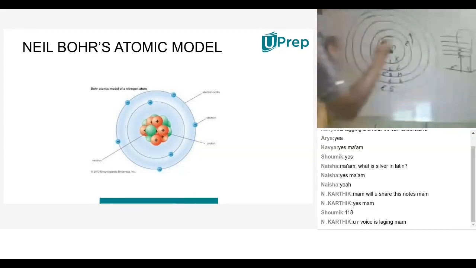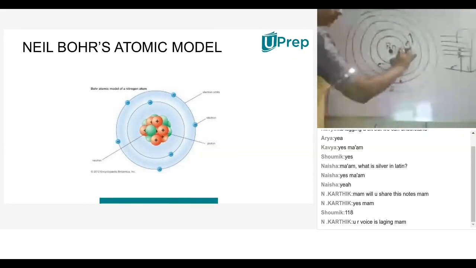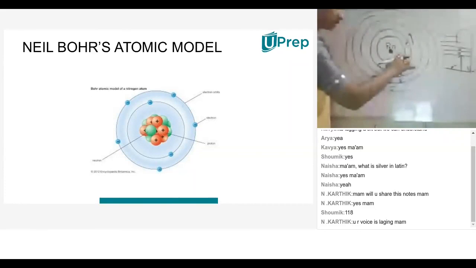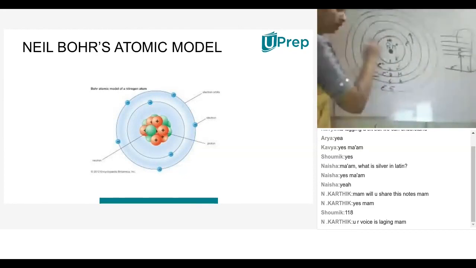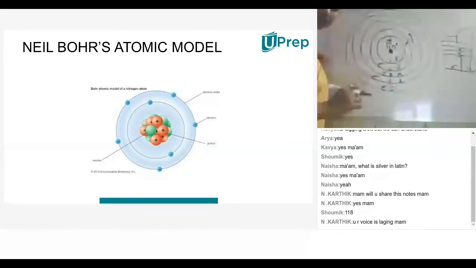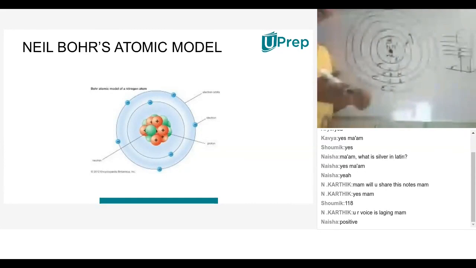So, the electron with negative charge will revolve around the nucleus in particular shells. Okay, what is the charge of a proton? Positive charge. Neutron? Zero, neutral. Electron is negative. So what is the charge of the nucleus then? Positive. Very good, positive, because the neutron is neutral, with no charge. So the charge of the nucleus is the charge of the protons. The charge of the nucleus is positive.